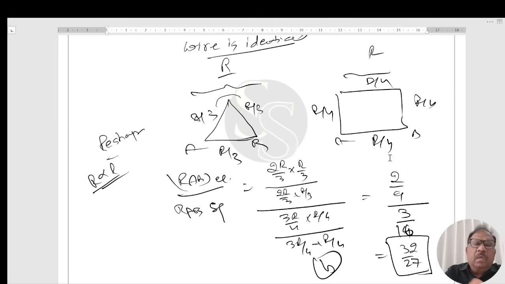इसमें क्या किया? Using the concept R proportional to the length if the wires are identical. इसका रेजिस्टेंस R है, इसको रीशेप किया, इन दोनों के बीच हमने इक्विवेलेंट रेजिस्टेंस निकालना था। तो करंट फ्लो करो, ये सीरीज हो गया, ये इसके पैरेलल में हो गया। पैरेलल कॉम्बिनेशन ऑफ प्रोडक्ट अपॉन सम, ये लगा दिया हमने। सिमिलरली R by 2 ये सीरीज हो गया, ये पैरेलल हो गया। प्रोडक्ट अपॉन सम 3r by 4 into r by 4 upon 3r by 4 plus r by 4. तो सिंप्लीफाई करके ये 32 by 27, आंसर ऑफ बी ऑप्शन इज द करेक्ट ऑप्शन।